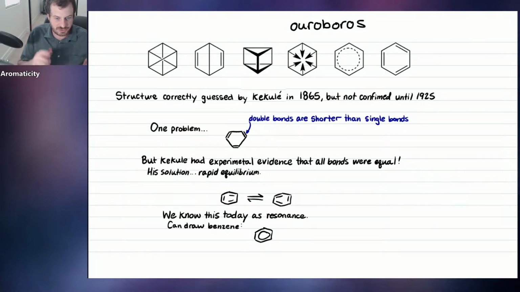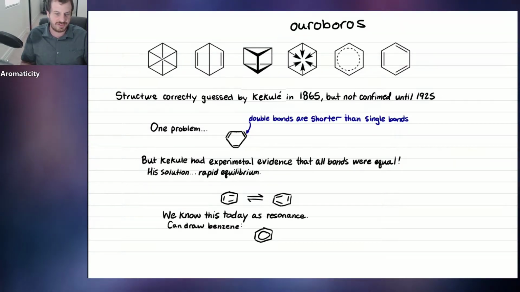But Kekulé's dream about the Ouroboros, he thought about rapid equilibrium. That is, the double bonds would move around the ring, sort of like the snake eating its own tail, such that they could flip their positions all the time. So all the double bonds could move over one position to create this new structure, and then so on and so forth. They could always be moving such that the double bonds were never quite still. They were always moving around the ring.